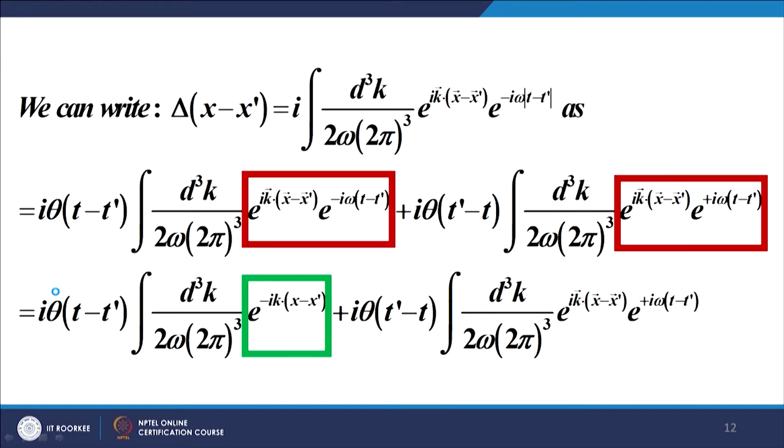So, this is what we have. And this is nothing but a 4 product, and that is written as a 4 product here. The expression in the red box here is nothing but the 4 product. So, we can write it as the expression in the green box here, but for the moment we cannot do so in the case of the second red box. This does not look like a 4 product in the metric that we are talking about, because both omega and k, the time component and the space component of the wave vector, are carrying positive signs.